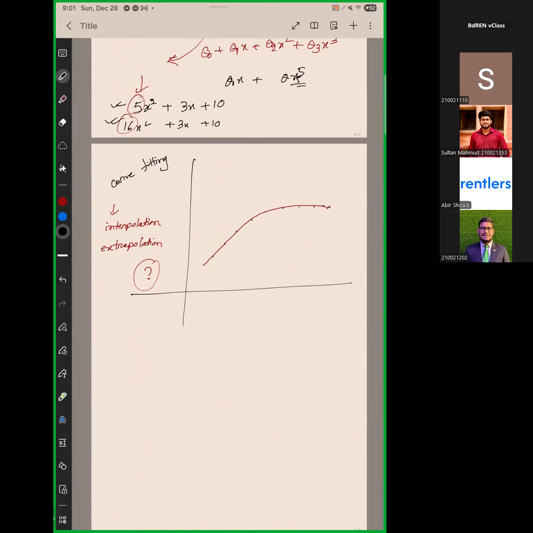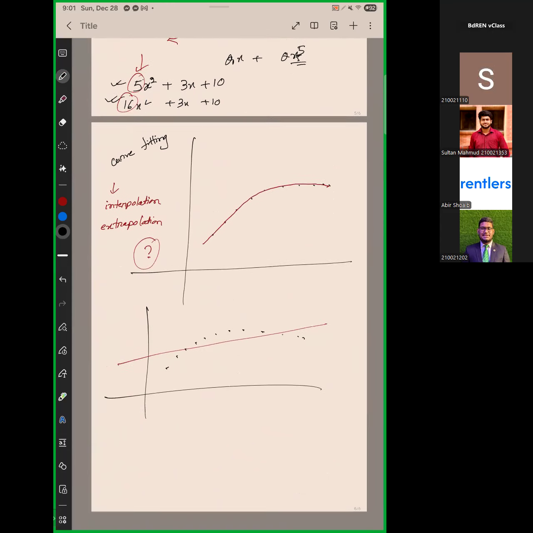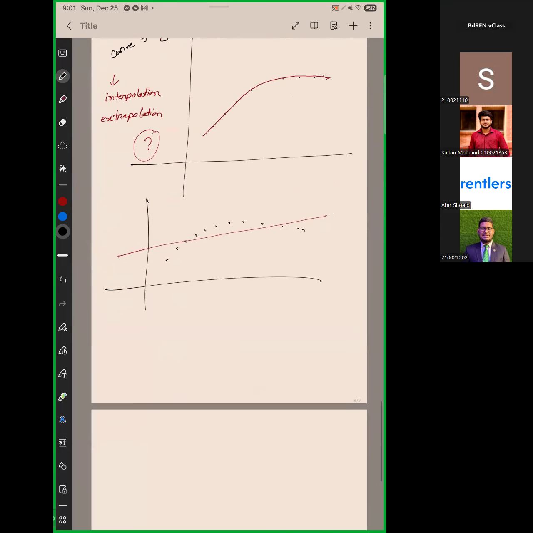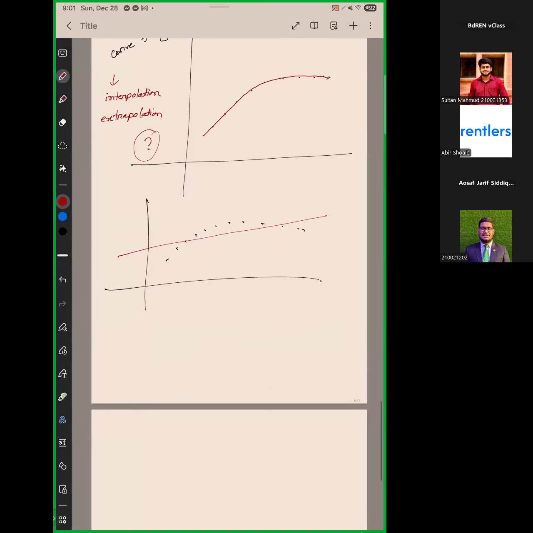Okay. Now let's say if your data is like this, and if you fit this, is it fitting the data properly? No, sir. No. So this scenario is something we call underfitting. Okay. I have used this term before. Today I'm going to discuss it finally properly. So this is called underfitting. That means not